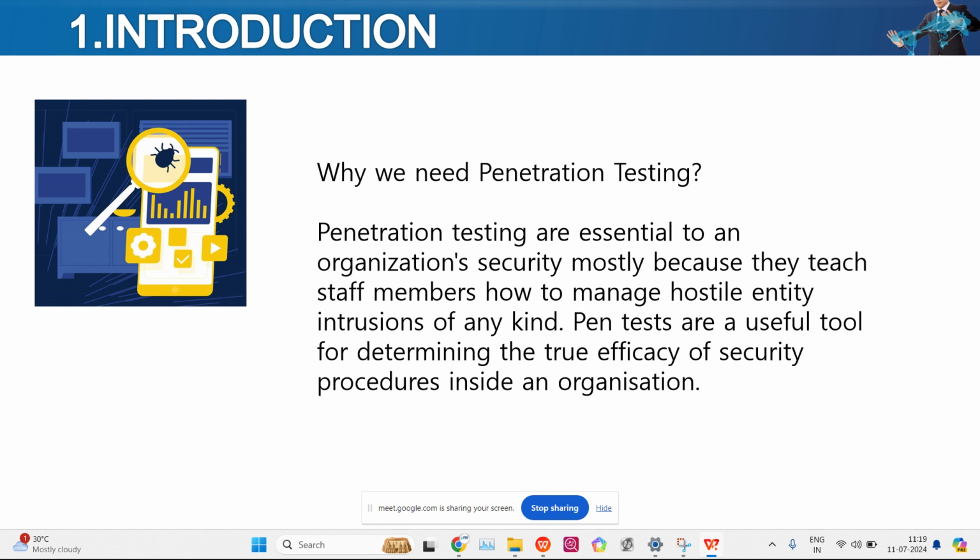So the organization is wholly responsible for the data. For that responsibility, they want to hire a hacker, or rather a white hat hacker. This is why penetration testing is needed by an organization. And not only for organizations, even a small business also needs a penetration tester, because